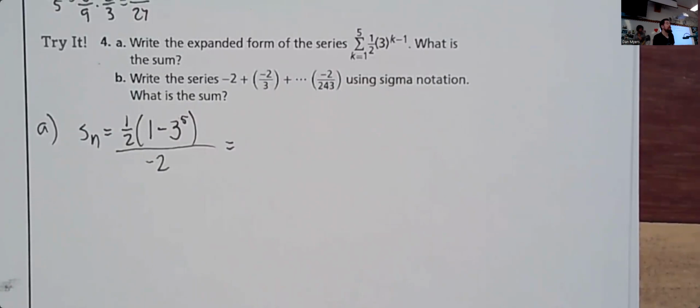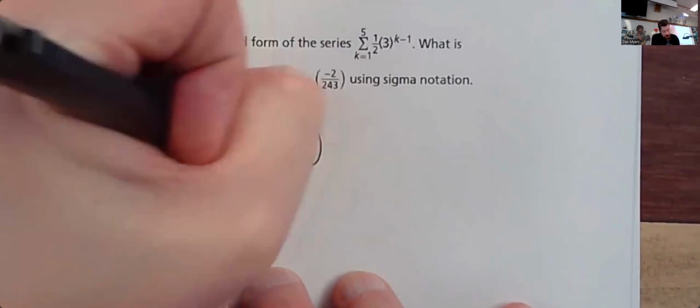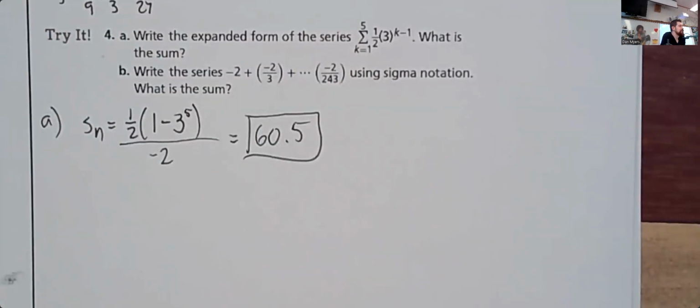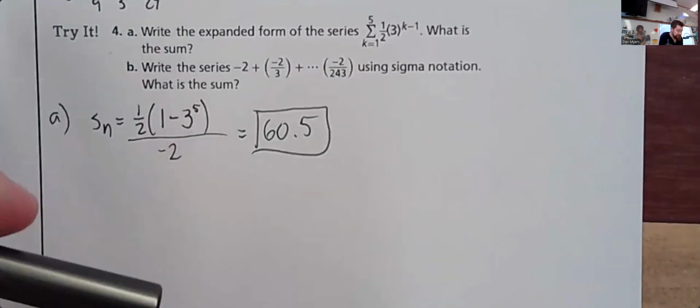So what's the answer? Anybody have it? Just change it to the opposite of what you had before. Was it 60.5? Yeah, 60.5, or 121 halves, either way. But it's positive. That should be a -2 down there. All right, now,